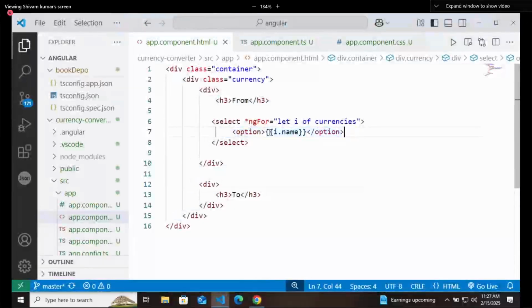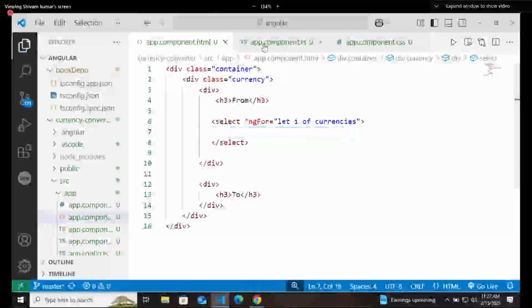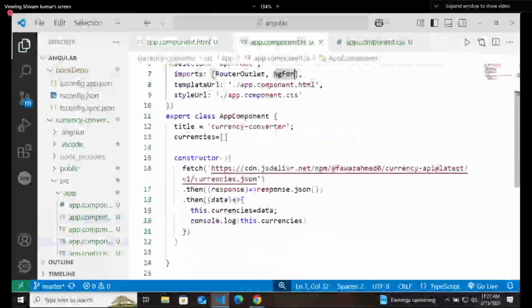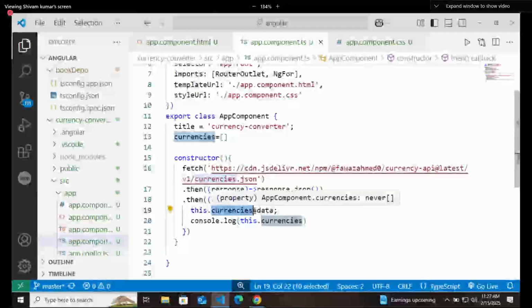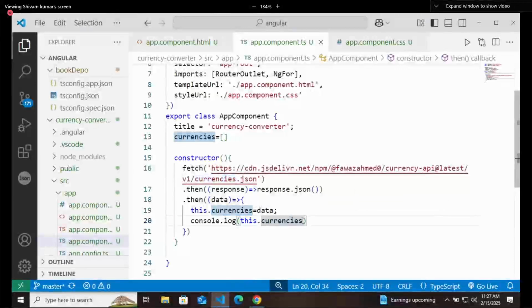Now at first let me remove this thing. Go to the TypeScript file. We are setting all the data of currencies into this dot currencies variable. After that, I will just print currencies with the indexing 0.